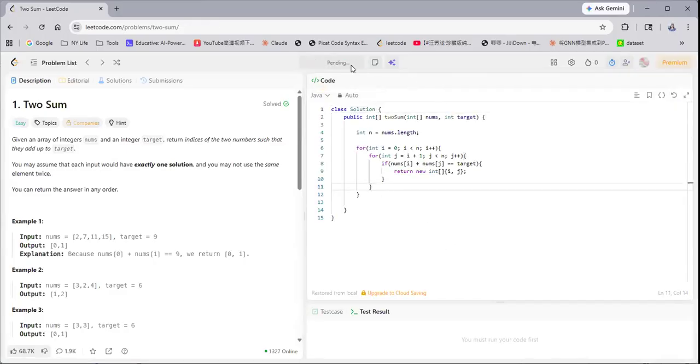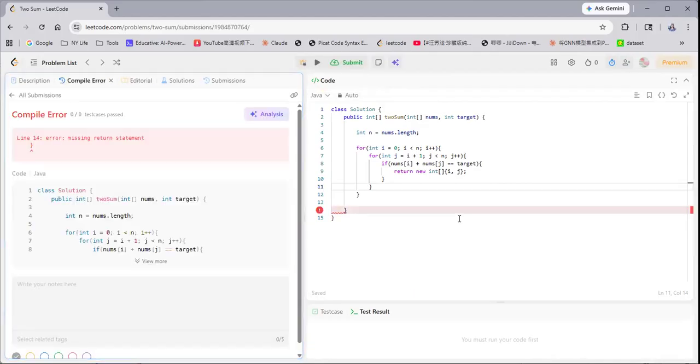Okay, let me submit it. Awesome. It says that missing return statement. Okay, what's the problem? Oh, yeah. I'm missing a